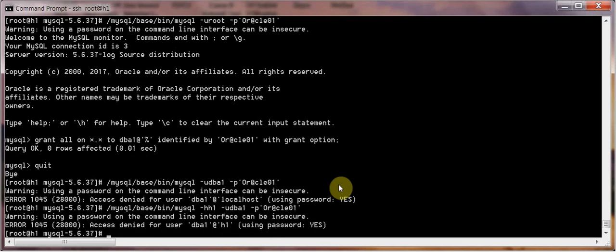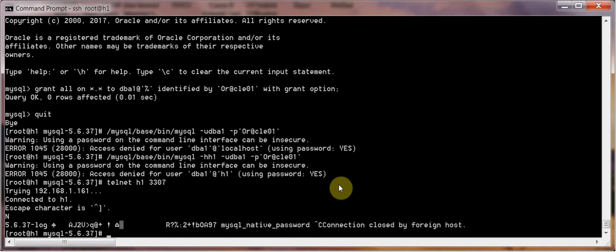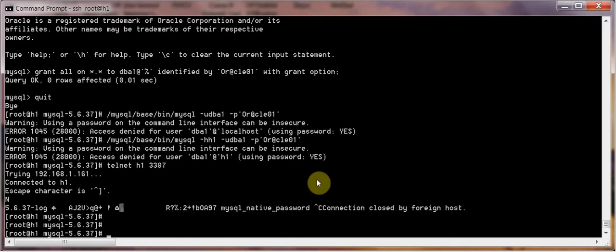Hmm? Let's see. Is this something to do with the firewall? Anyway, let me see. If I do a telnet, I don't know if telnet is installed. Telnet H1, so this is basically troubleshooting, right? So let's do some troubleshooting. Okay, the firewall is fine. It should be no problem. So it says